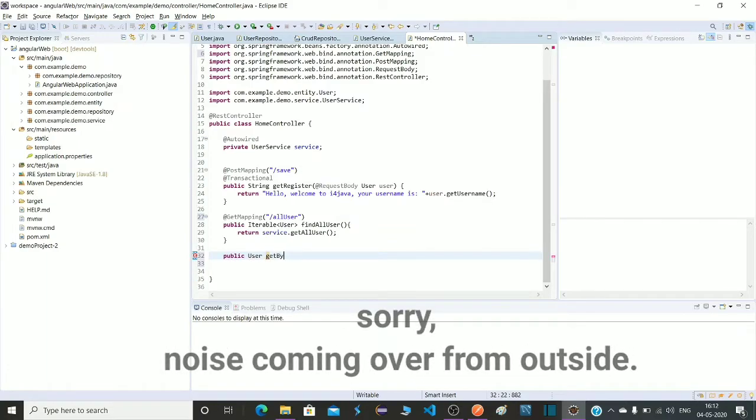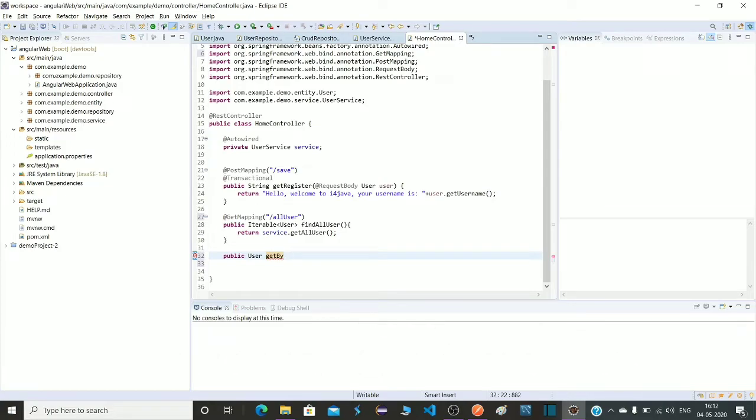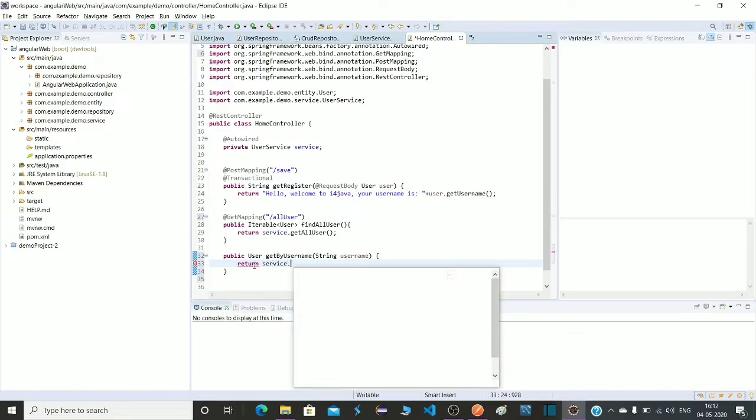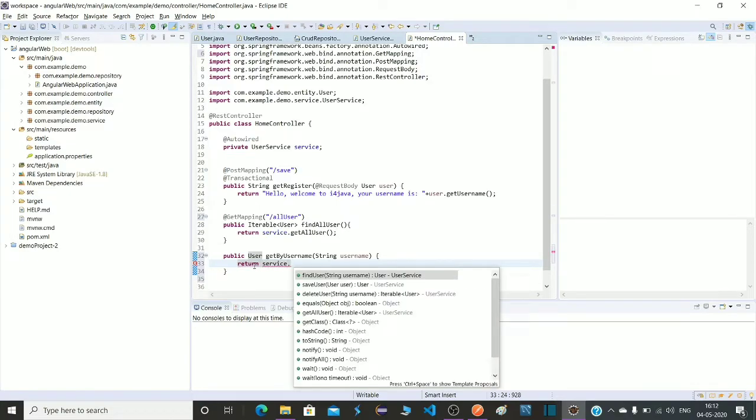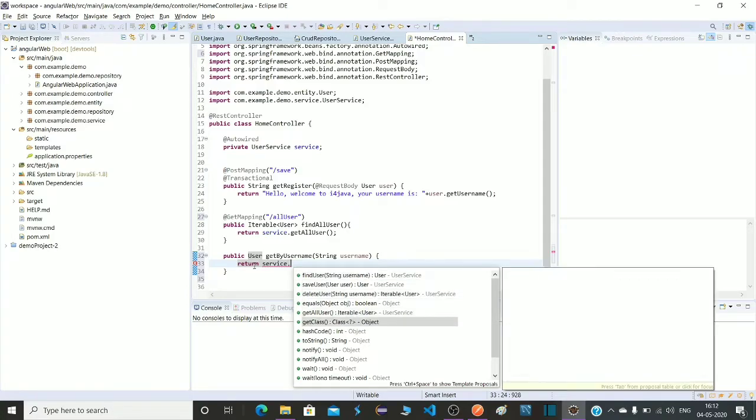Okay, public, and it will return User, getByUsername. So here I have to pass username and return service dot, what method did we define there?